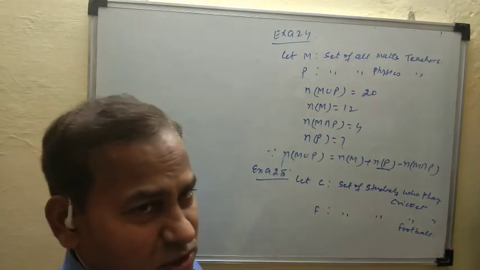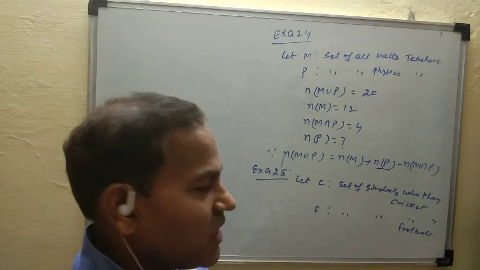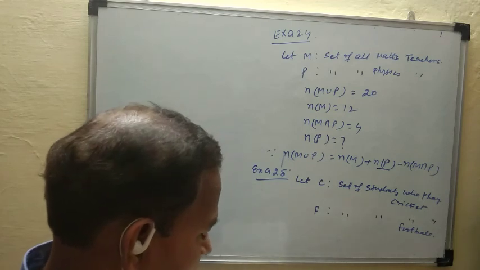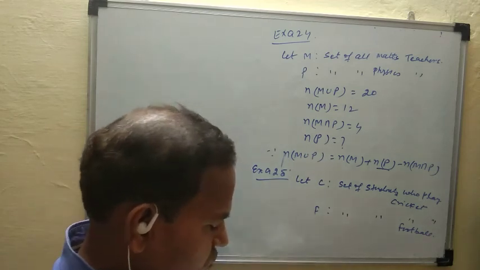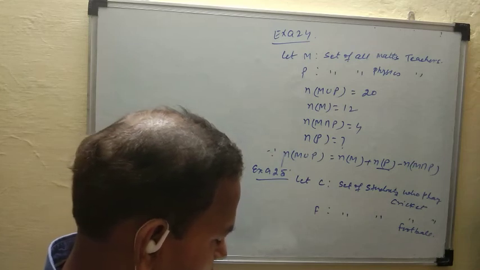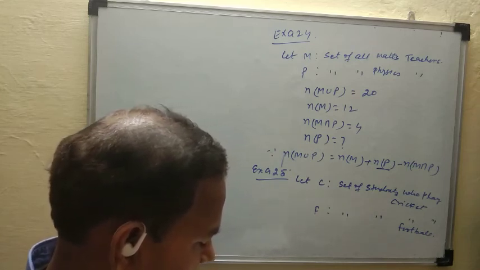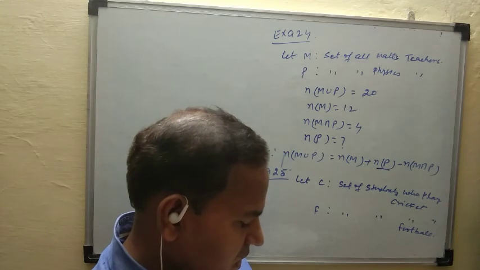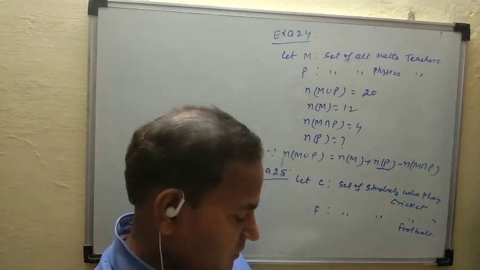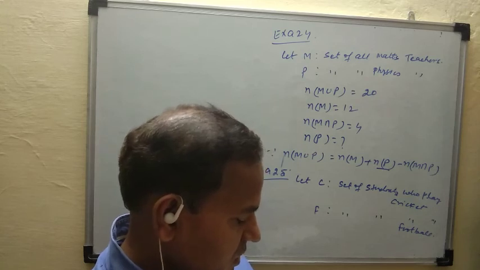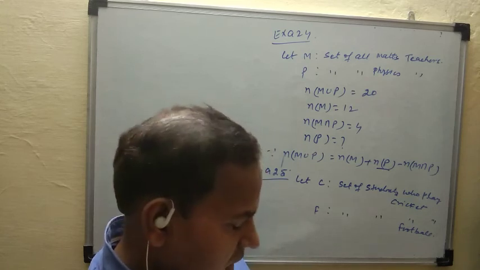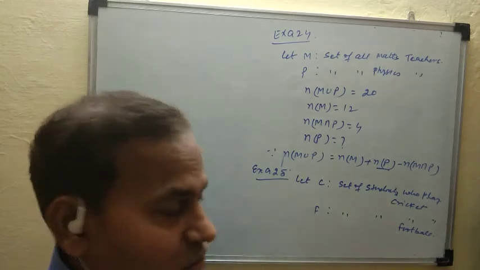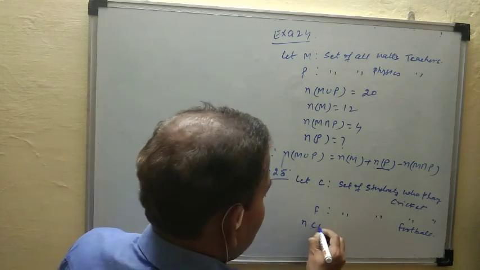You can also suppose A and B, set A the students who play cricket, B the students who play football. So you are given, in a class of 35 students, 24 like to play cricket, 16 like to play football. Also, each student likes to play at least one of the two games. So in a class of 35 students, 35 is the number of C union F.